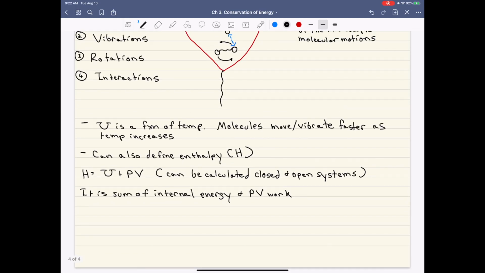But the utility of defining this enthalpy term is whenever we're dealing with closed systems, if we're able to calculate or estimate the enthalpy of the system, that's automatically going to account for mechanical work